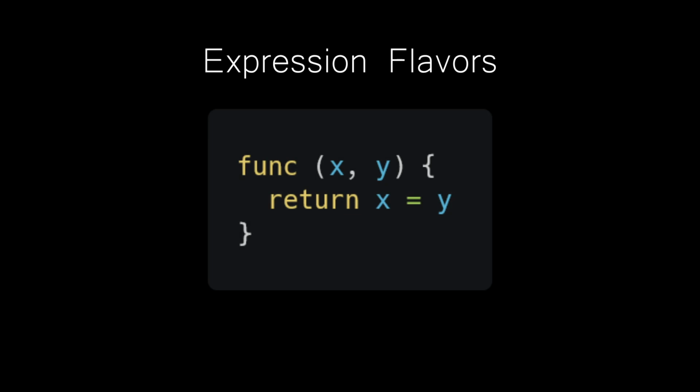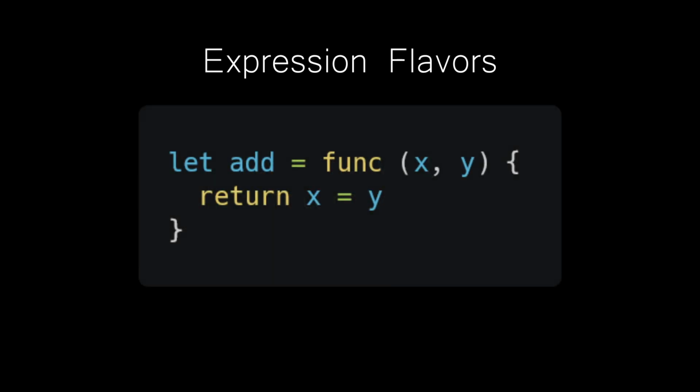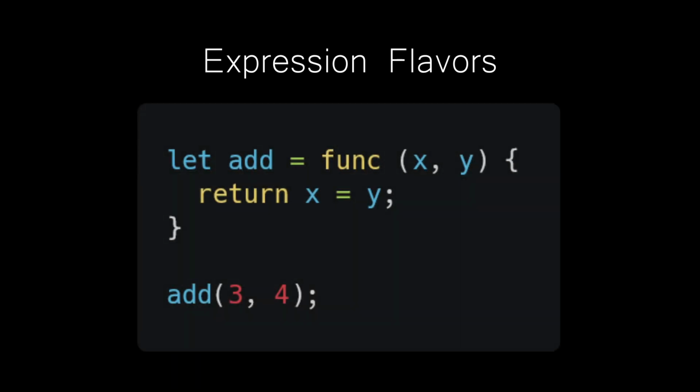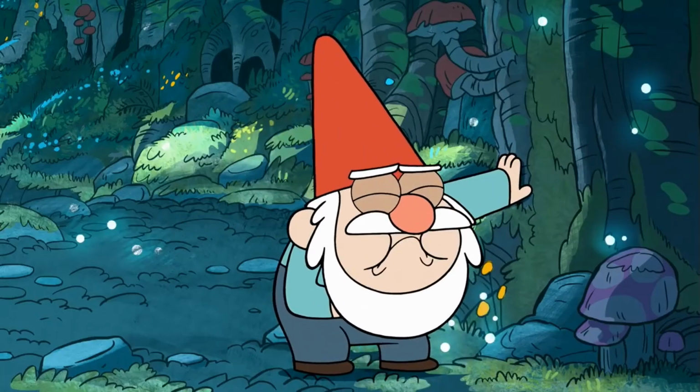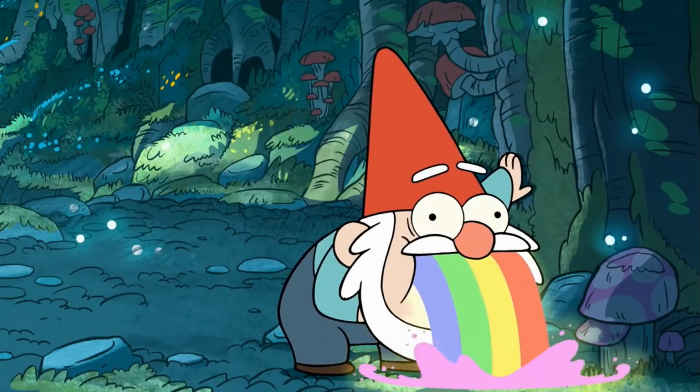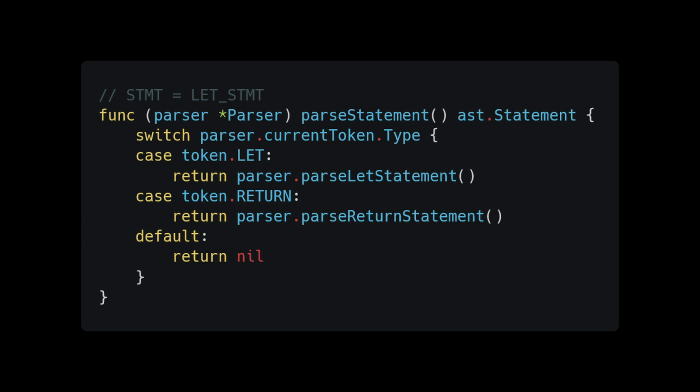And now if we think about all of our expressions and their different flavors, expressions can make up functions. Functions can be bound to variables. We have expressions to call said functions. And because personally I'm a big fan of Kotlin, even our if statements can produce values. So they are also expressions. And looking at all of this together may induce some panic. Like I said before, for operator precedence parsing, we don't really want to use our method of recursive descent parsing